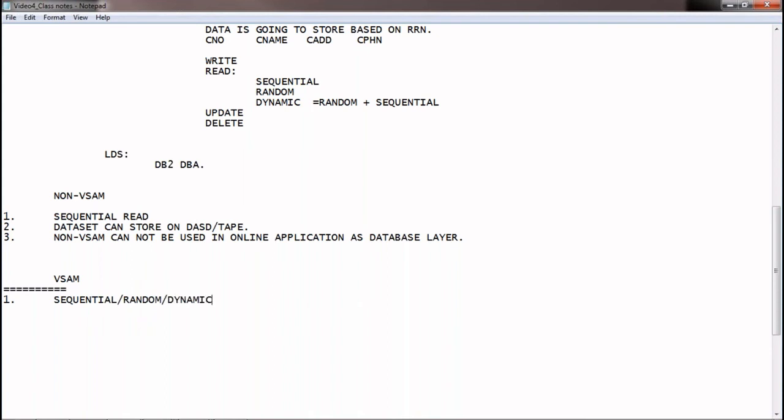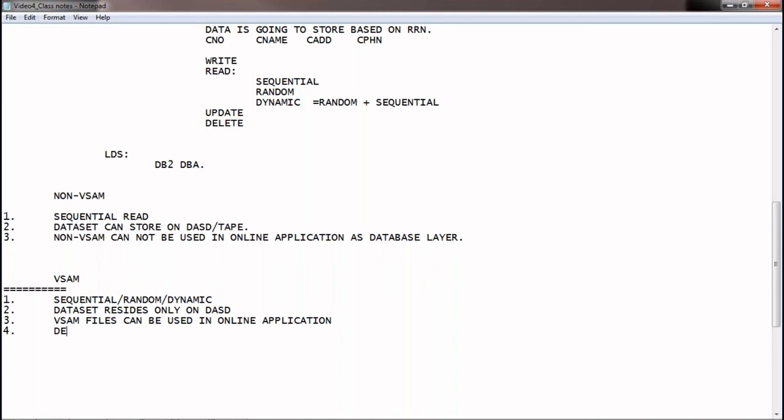These three reads are supported by VSAM files. Second, the dataset resides only on DASD. Third, VSAM files can be used in online applications.